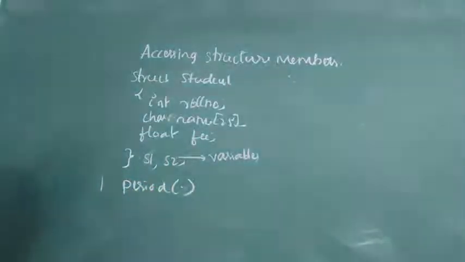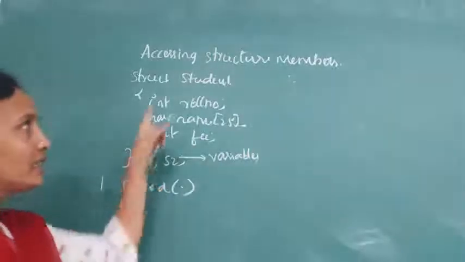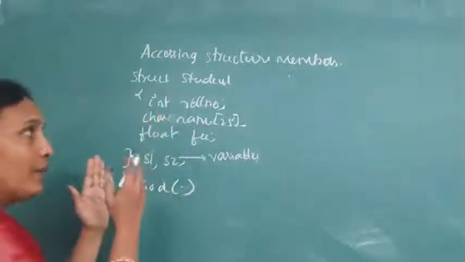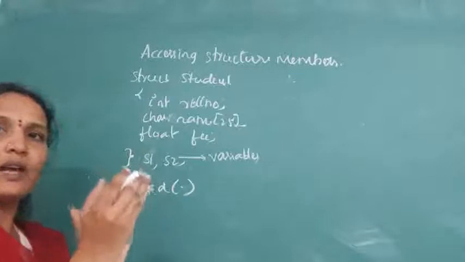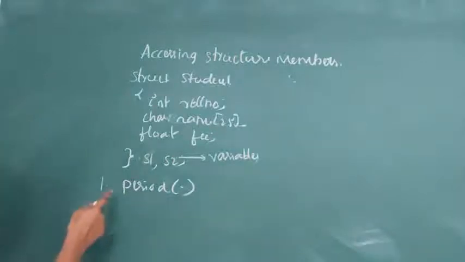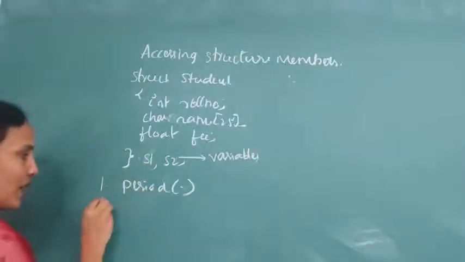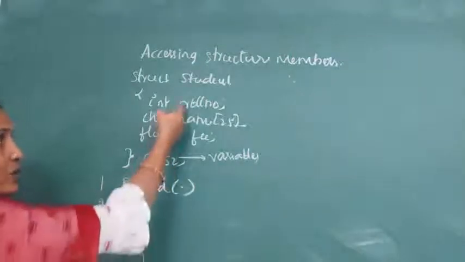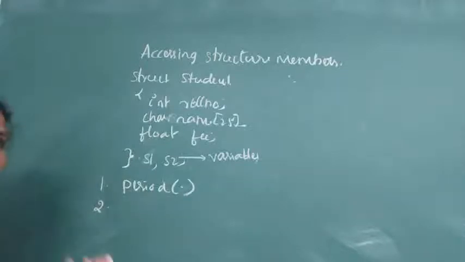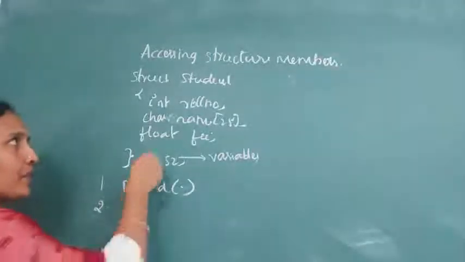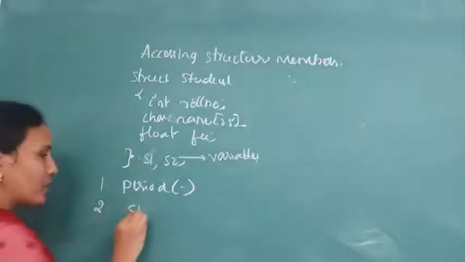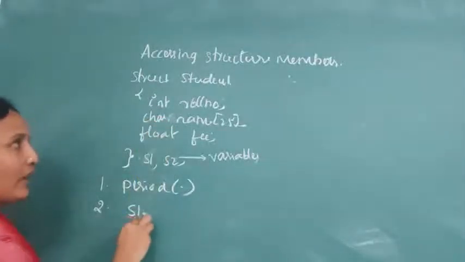Dot. Okay, so whichever variable wants to access the structure member, it is the variable name, dot, structure member. See example here, S1, S2 both are the variables and these variables want to use these structure members. So whenever any variable wants to use a structure member, the variable name and member name should be separated by a dot. So S1, example,